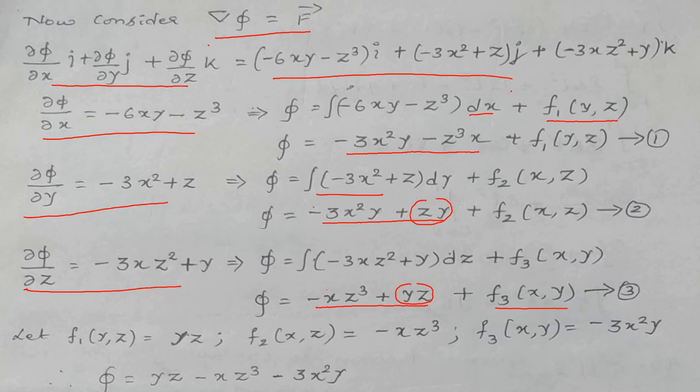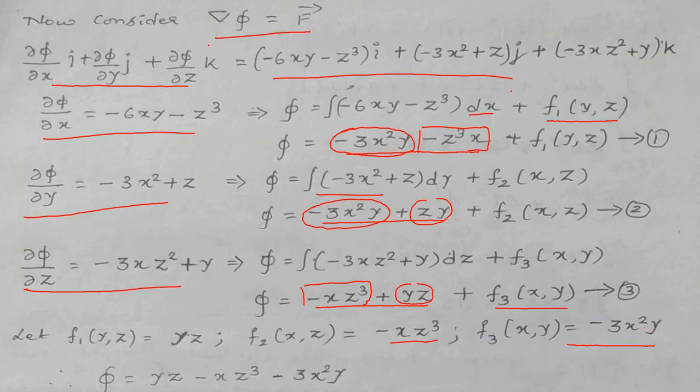Then f2 of xz, from equations 1 and 3, I should find out. Here I got minus z cube x, and here also I got minus x z cube. So I will write f2 of x comma z as minus x z cube. Finally, I need to find f3 of xy. I will go with equations 1 and 2. Here we have the xy term, minus 3x square y in both. So I will write f3 of xy as